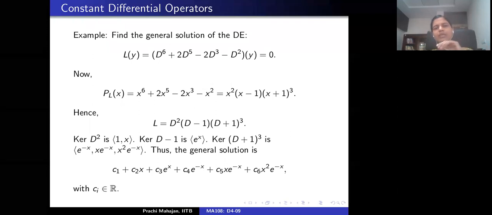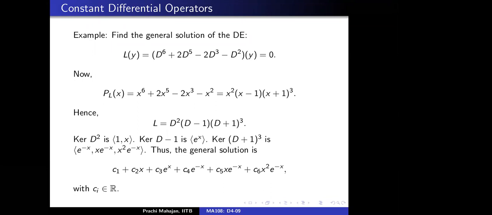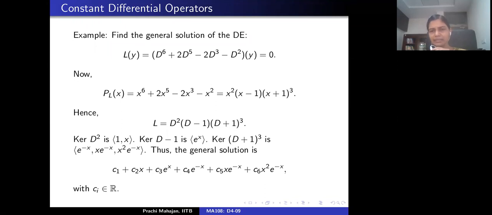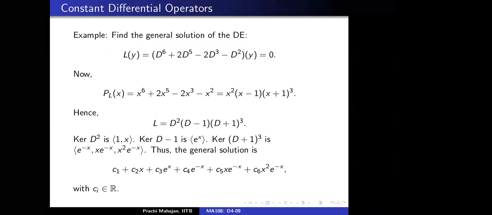Is it necessary that they will always be linearly independent? They may not be. That's why you're required to check, right? And we just proved this proposition, right? Yes. So now we are fine.